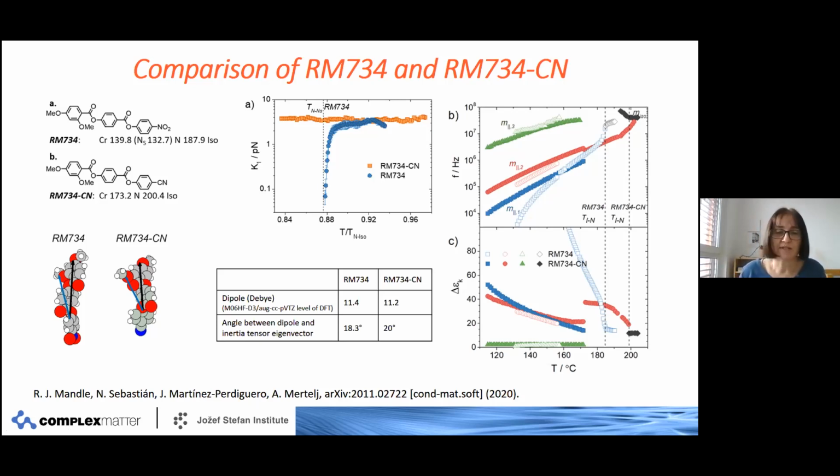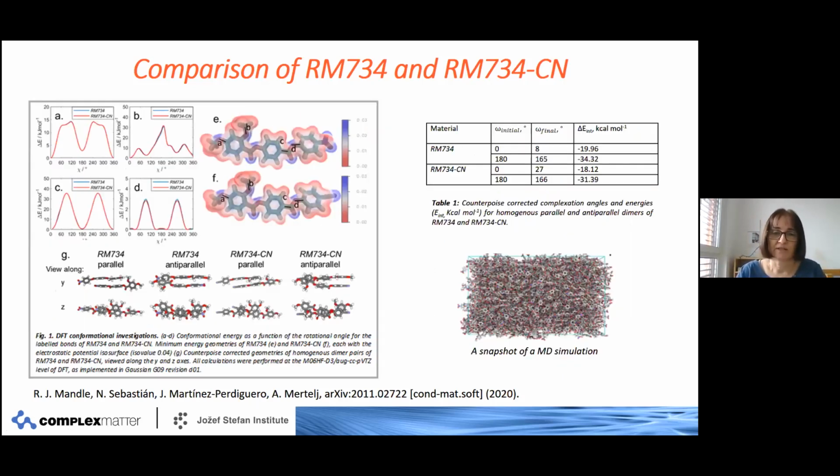So to understand that better, as I said, Richard did some calculation. First, he calculated the energetically most stable conformation of both molecules, and as expected, they're practically the same. The only difference is in this end group here. He also calculated the energies associated with other conformers. So for the rotations around the A, B, C and D axes, these energies are shown here, and you can see that the blue and the red curves corresponding to different materials are practically the same.